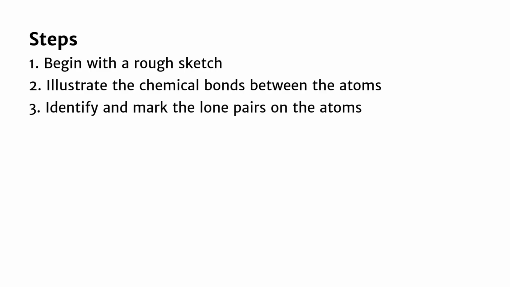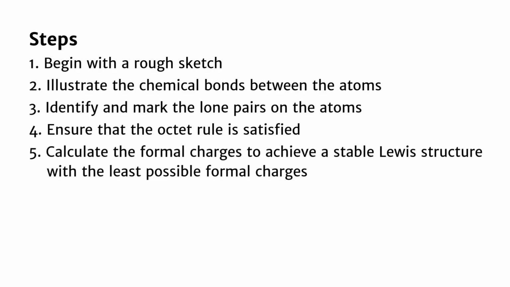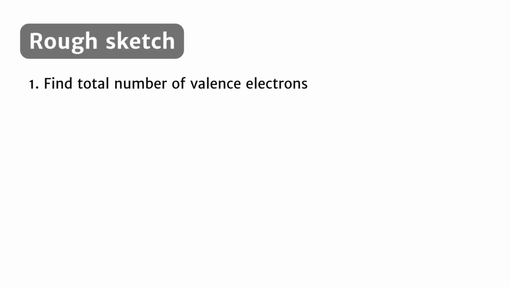In the third step, we'll determine how many lone pairs each atom will have and distribute them accordingly. The fourth step involves ensuring that the octet rule is satisfied for all the atoms. Finally, in the fifth step, we'll calculate the formal charges for each atom and verify whether the final structure is stable. To draw a rough diagram of CS2, we first calculate the total number of valence electrons and then identify